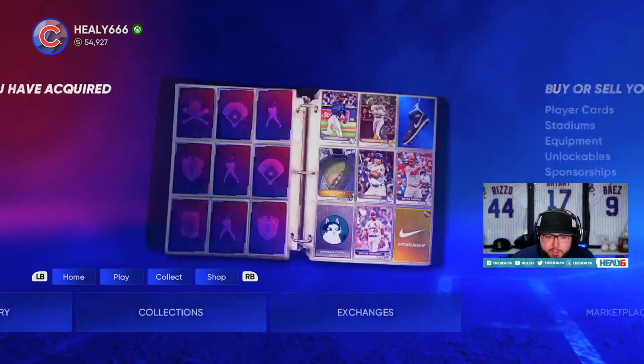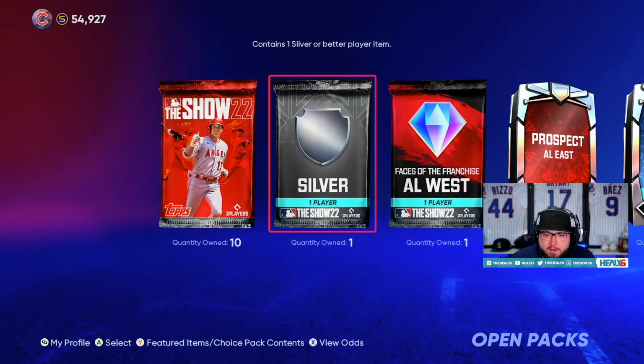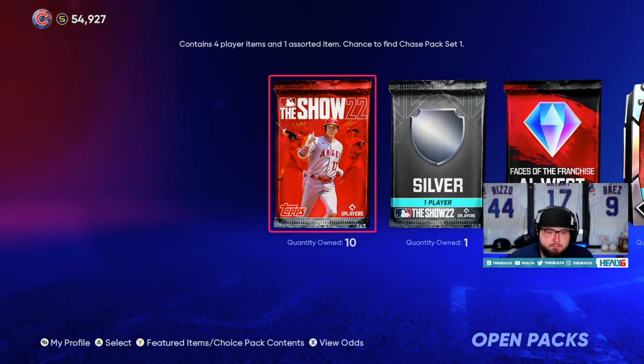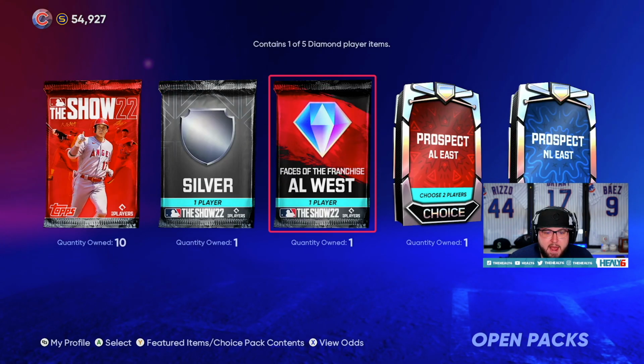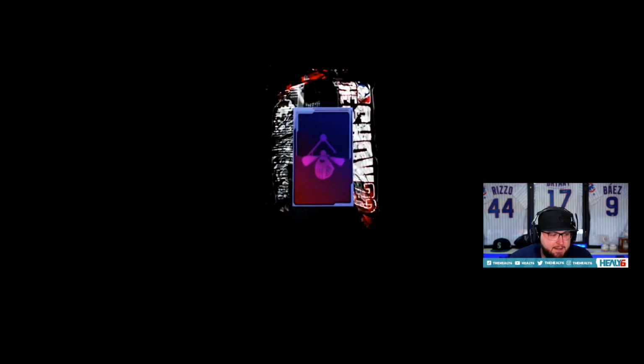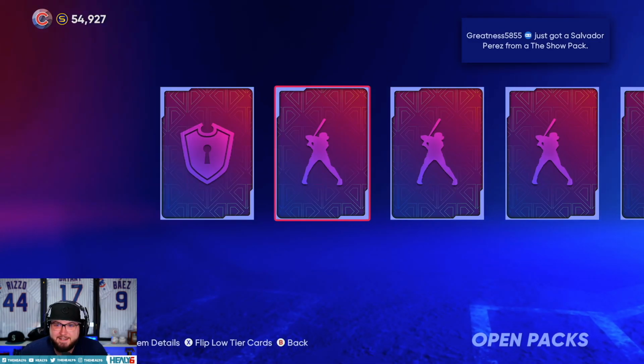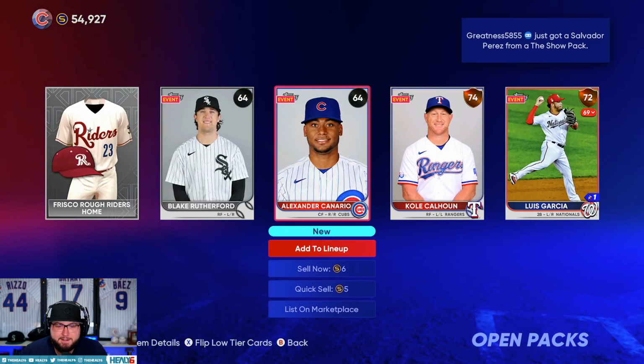And because we finished Conquest, we got some packs to open up. I have the AL West face of the franchise pack as well. We're gonna open up these packs. We'll open up the AL West at the end. Yeah, just need Sean Murphy now. Oh man,